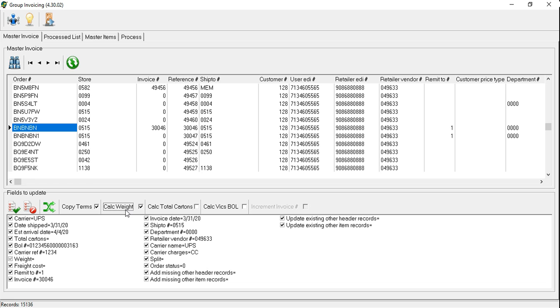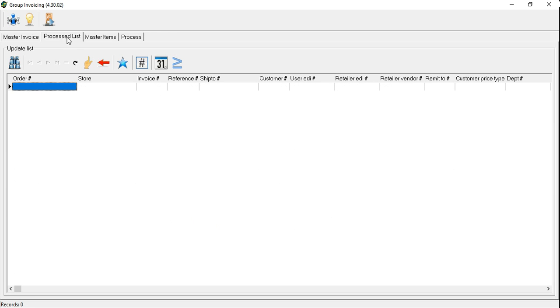Now, if I have the item set up in RMS with a weight, it can calculate the weight for you. Same way with the total carton. So I'm doing it by case pack. I will be boxing it. So it will take and calculate the total number of cartons, since not all of them would have the same total cartons. So I'm going to move to the next tab,